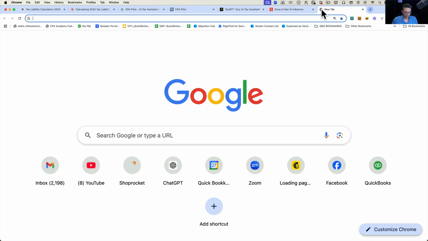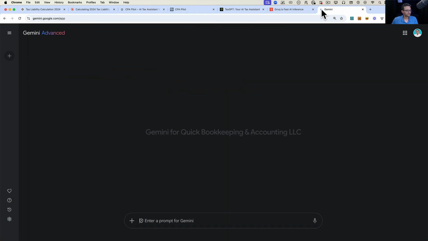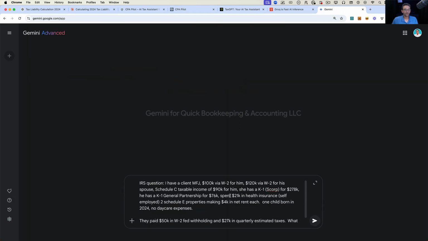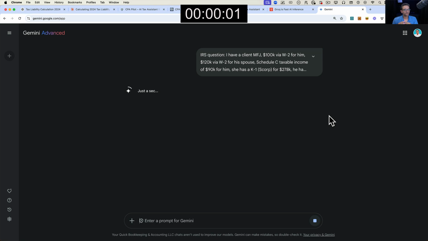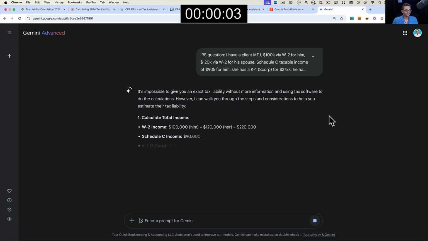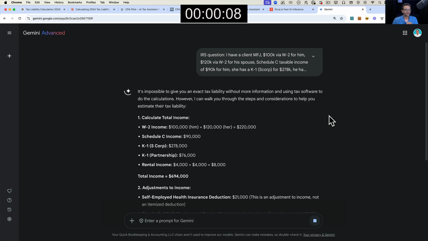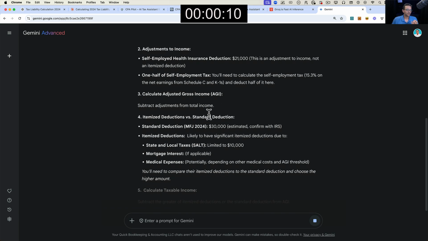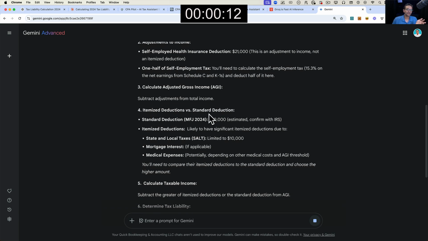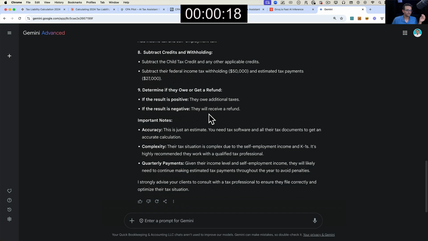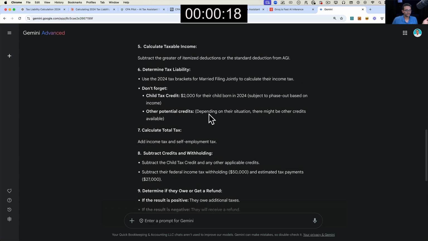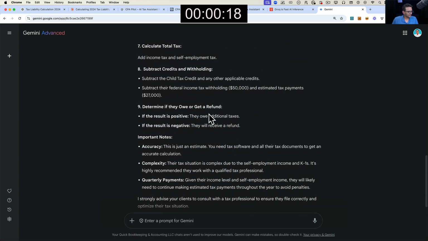Let's test Google as well. Let's go look at Gemini and see what Gemini gives us. So this is Google Gemini. Let's see how quickly it goes and the kind of answer that it gives me. And again, why I'm doing all this, we're testing speed, we're testing accuracy, but most importantly, we're trying to figure out if we should be freaking out about Deepseek, a Chinese company, doing this better than the American companies, right? I mean, look, there's Google already. It was super fast. Let's see what kind of answer it gives me.